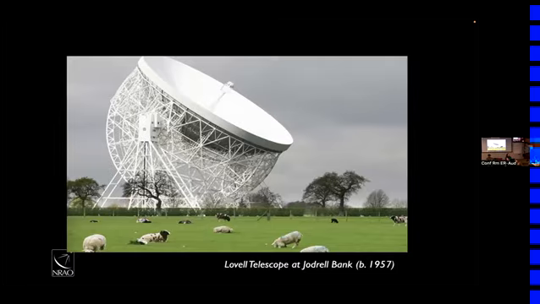Here's an example of where radio astronomy technology was after the war. This is a telescope that was built in 1957, the Lovell telescope at Jodrell Bank. Anyone know where Jodrell Bank is? Yes, Sonia. Outside Manchester. Yes, so it's in the UK. Not Photoshop. I think there is a fence there on the base? Oh, yeah. And now a brand new one.